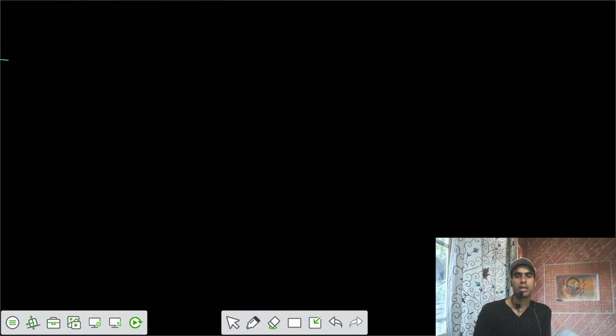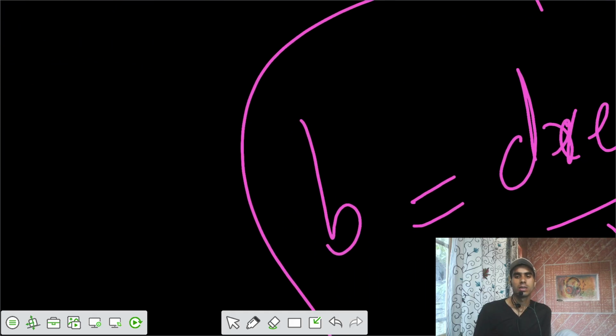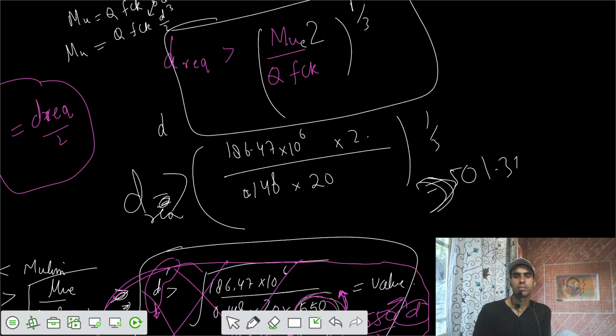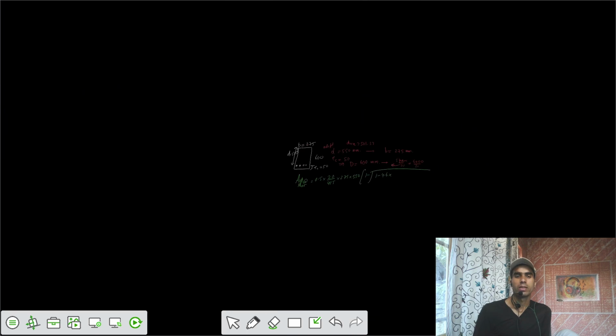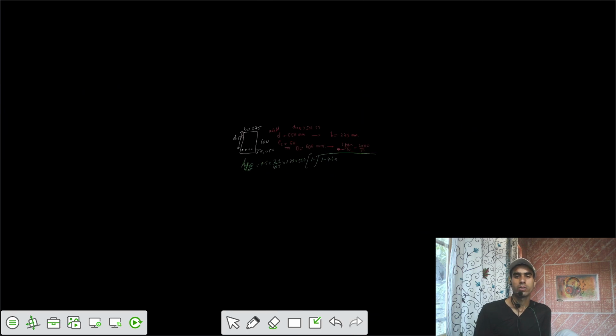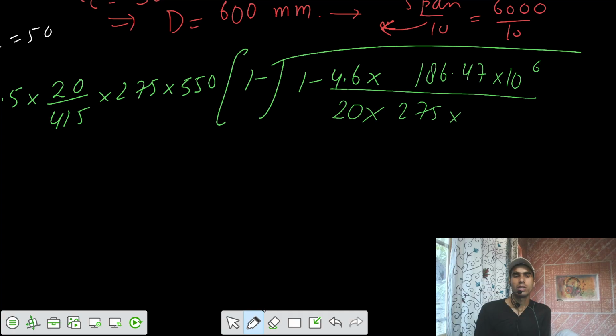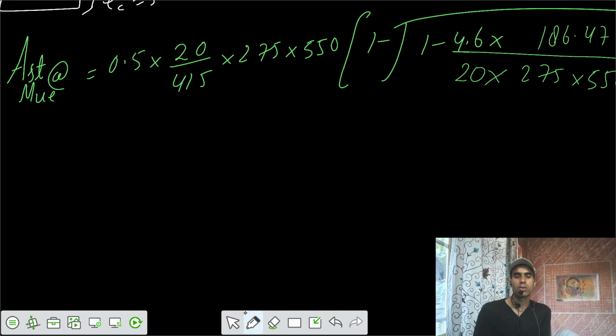What was the external bending moment we had? 186.47 into 10 to the power 6. So that's your equation for Ast, and we can solve that and you would get a value of Ast equals